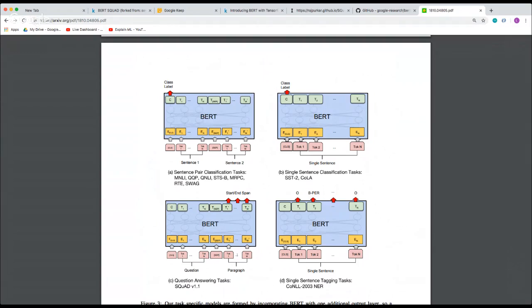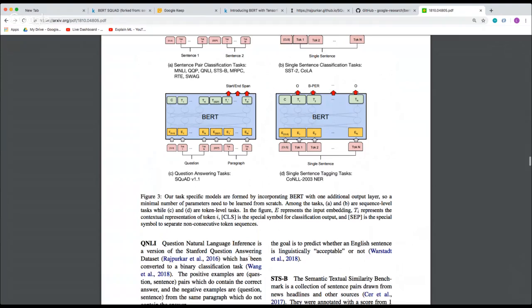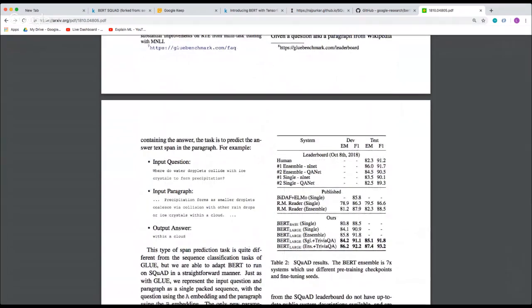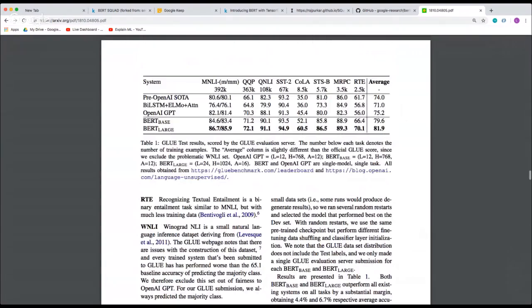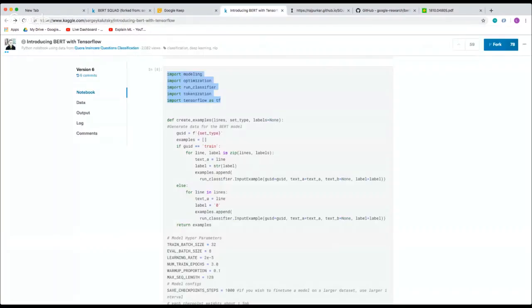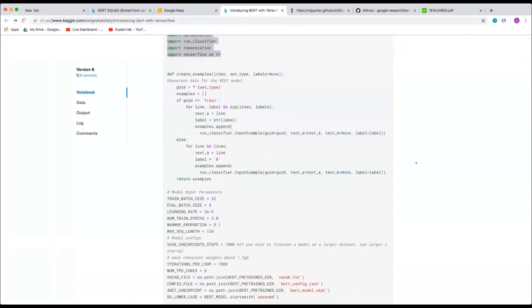An example input question would be: where do water droplets collide with ice crystals to form precipitation? You input the paragraph, and the model will highlight where in the paragraph the question is answered. So my idea was to say, if I look for the Squad example,